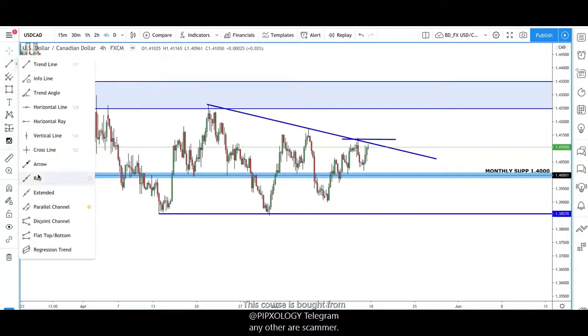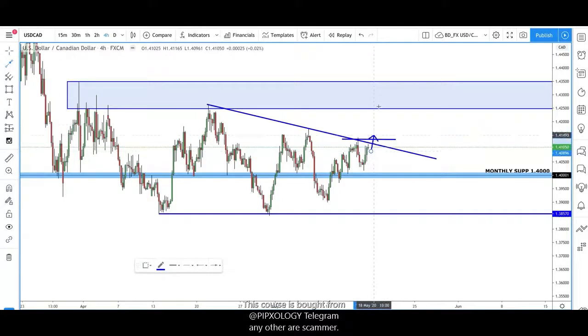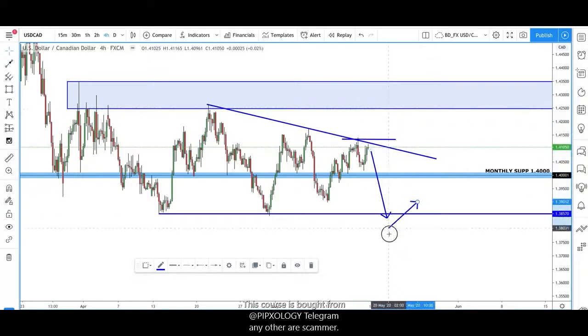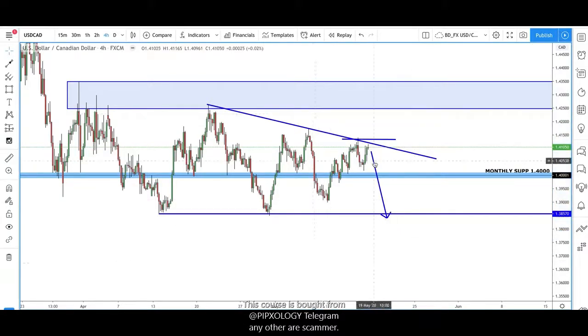It gives us more opportunities rather than this going up into this level and then we've seen a sell-off on USD CAD. If we can see this push back down first into this region, we can look at taking a short trade, and then from here we can look at then taking a long trade. So it gives us more opportunities. It's what we want. So hopefully we see that.